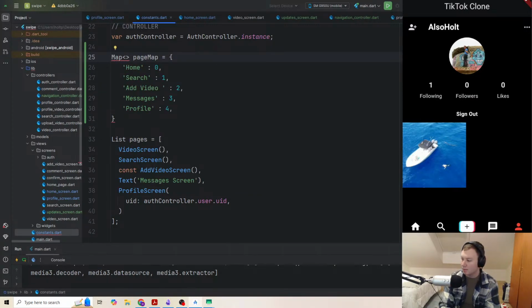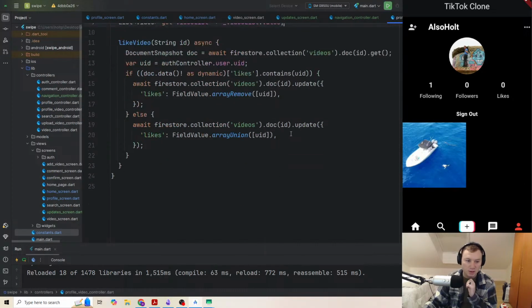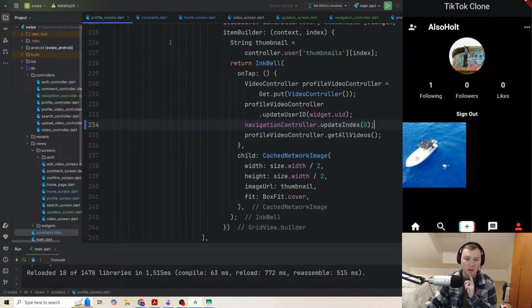So let's do map int, string to int. And then what we'll do is we'll actually just pull, just to make it a little more clean,